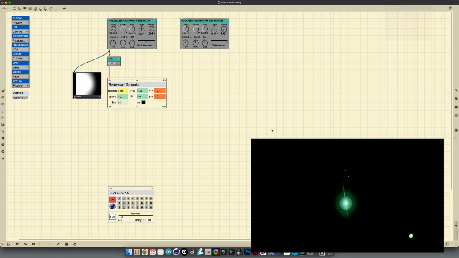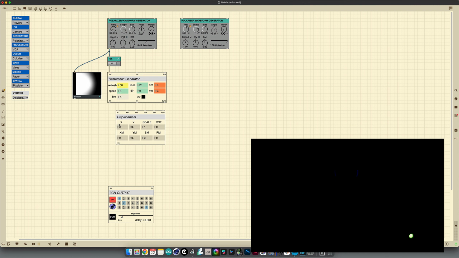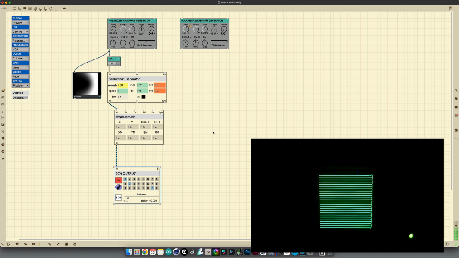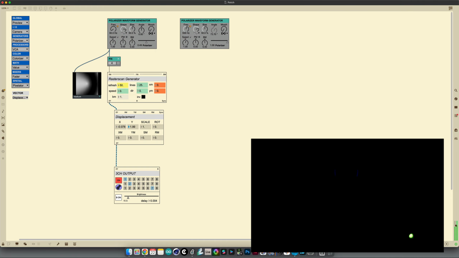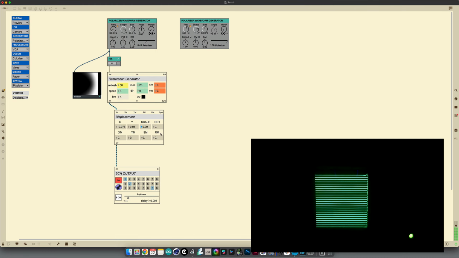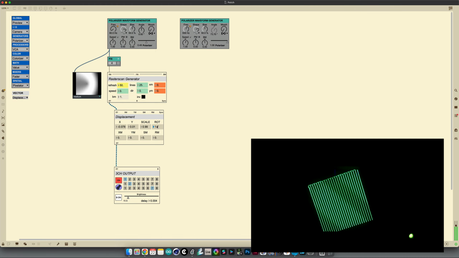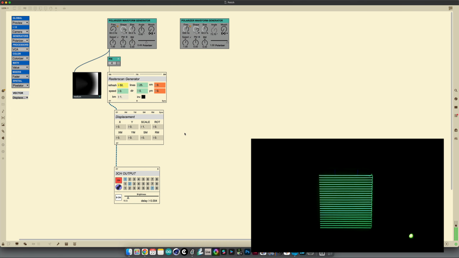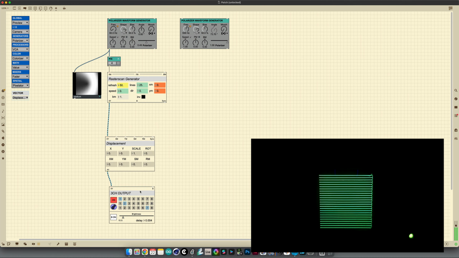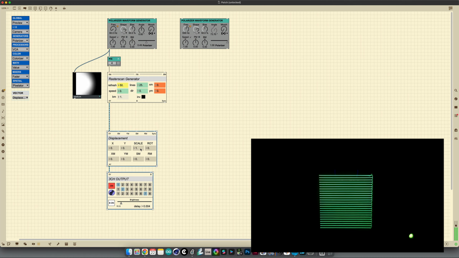Now I'm gonna show you the displacement module, but first I'm gonna turn off the beam because I'm gonna patch a little bit first. So the displacement module basically allows us to do translation, X and Y, scale, and 2D rotation. But also to displace that with signals. I lied, so this module will include connecting just the texture to the input, but for now it's only receiving